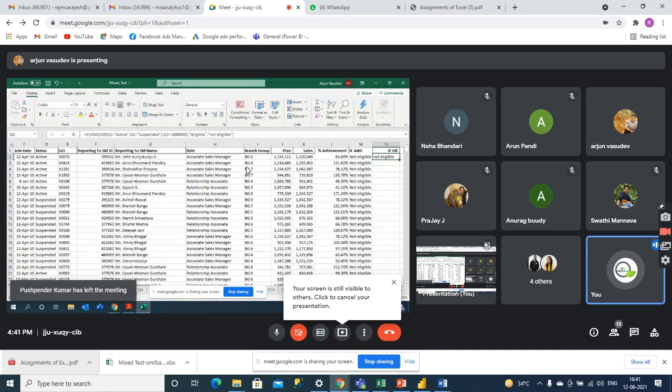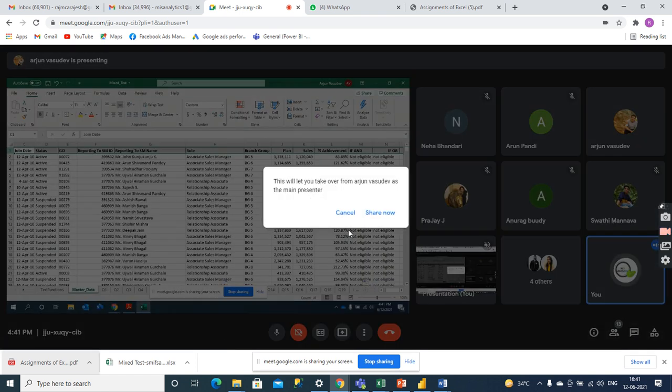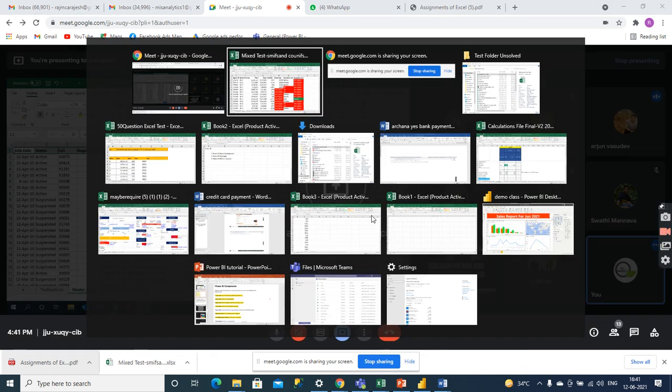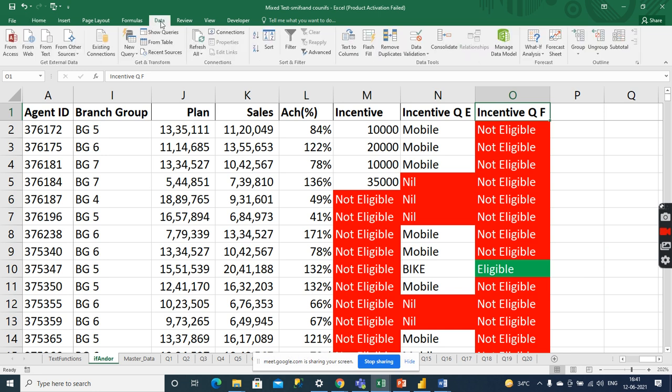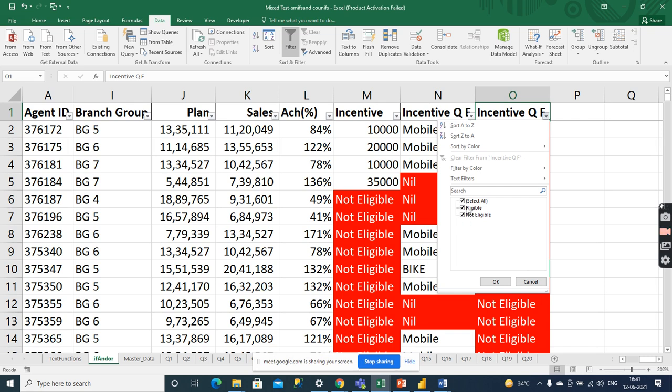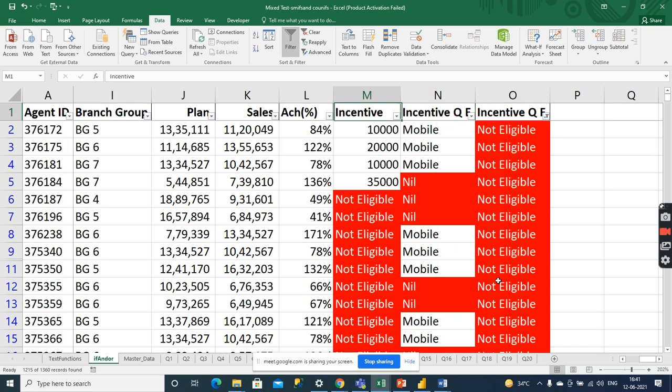And how will you check whether your answer is correct or not? Go to the filter and apply it, to see whether your answer is coming according to your requirement or not. I will apply the filter here. Go to Data and click on Filter. So the not eligible ones would be who? Those who have made sales of less than 20 lakhs.